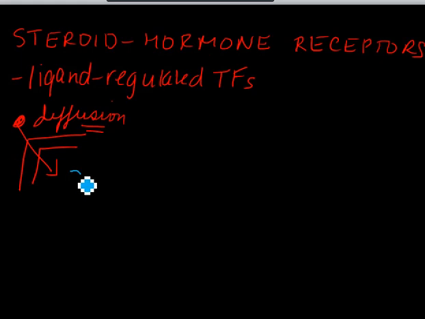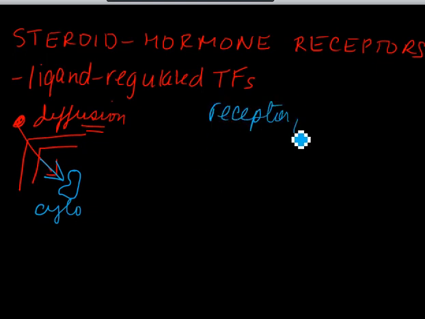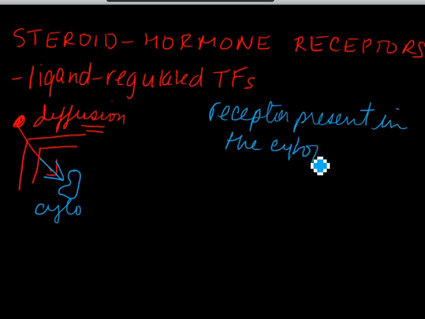And now there's a receptor inside the cell, and they bind to this receptor, so it is present in the cytoplasm. Let me write it: receptor present in the cytoplasm. So they get into the cytoplasm, they bind to their receptor, and this binding causes a conformational